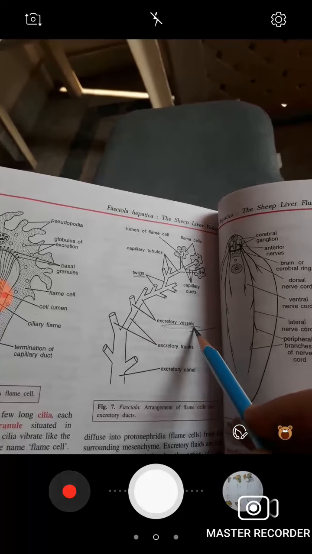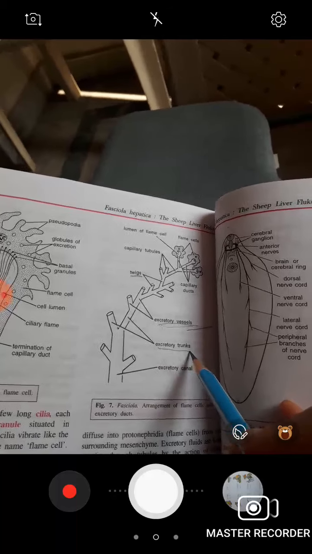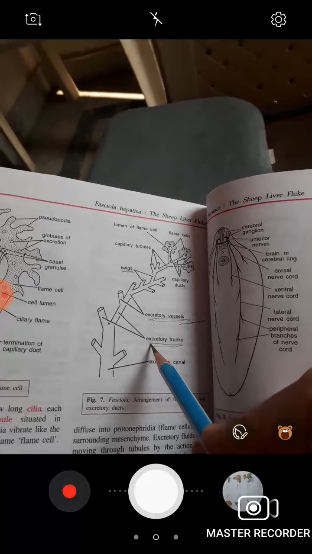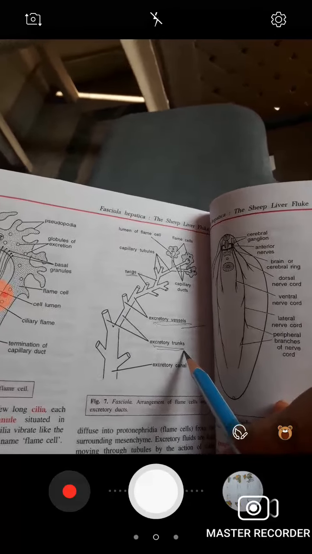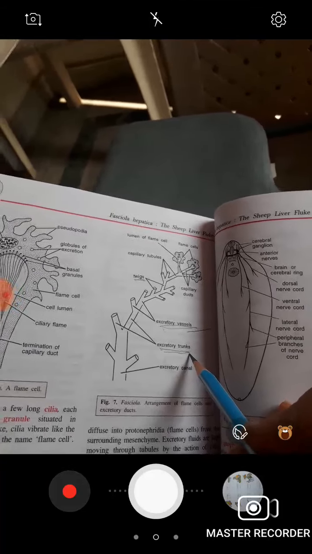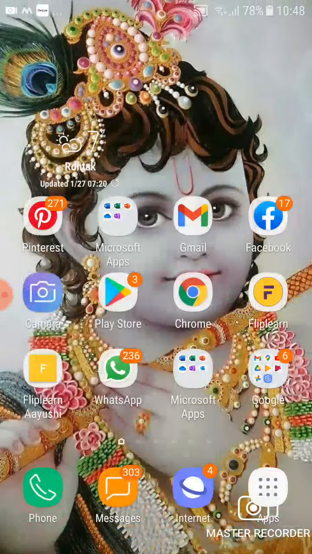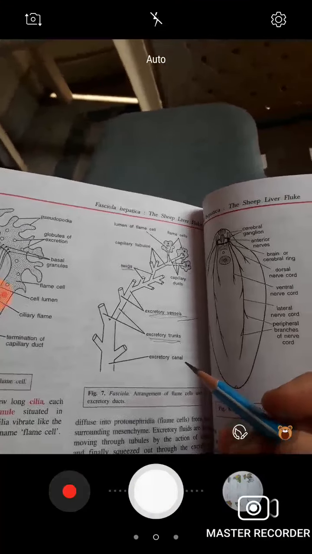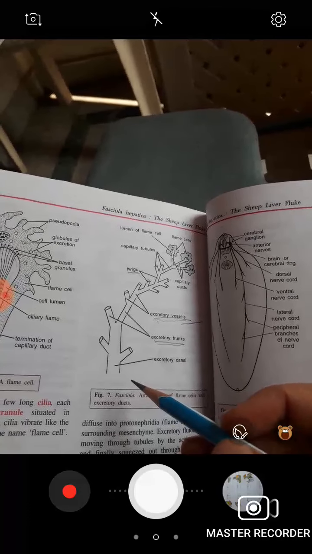Where these are opening at the anterior part of the body, they are opening into the excretory trunks. These are four in number, two on the dorsal side and two on the ventral side, which posteriorly join to form a single median longitudinal excretory canal. And this excretory canal extends up to the posterior of the body and opens out through a single excretory pore situated on the ventral side.